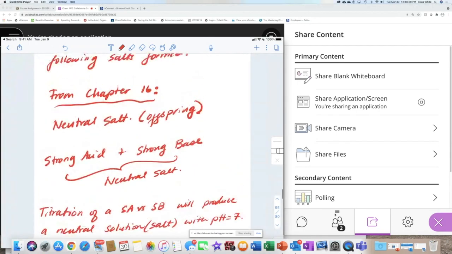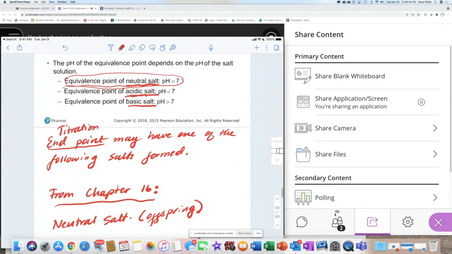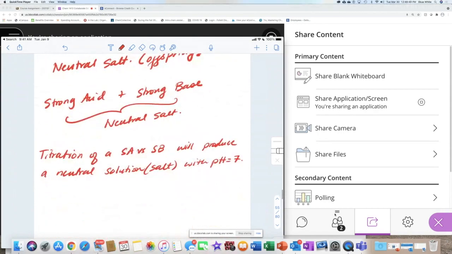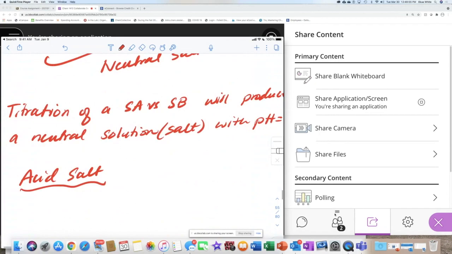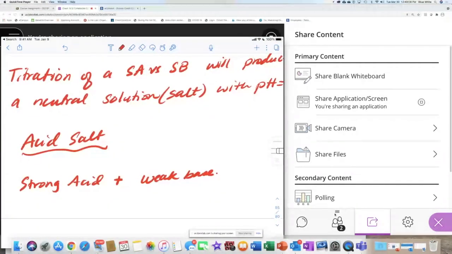Okay, what else did we learn in chapter 16? In chapter 16, we learned that if you're going to have an acidic salt, the strong parent was the acid. Acidic salts are made when you have a strong acid, the strong parent, plus a weak base reacting. So once again, how do I survive this? I survive this by thinking about, you know,